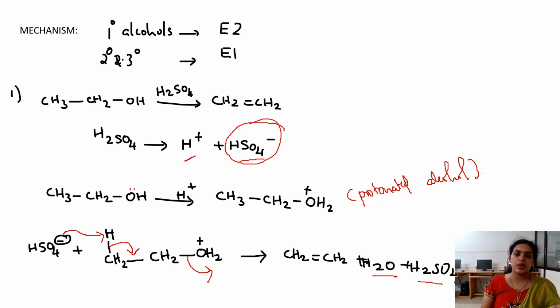So we have retrieved our catalyst so that it can be used in the elimination of another ethanol molecule, and our main product is ethylene. Okay,